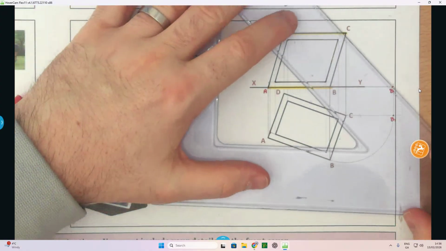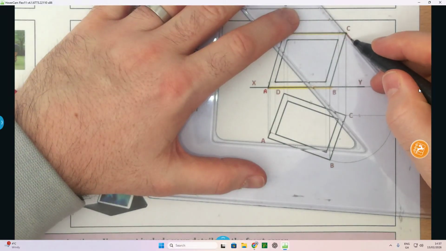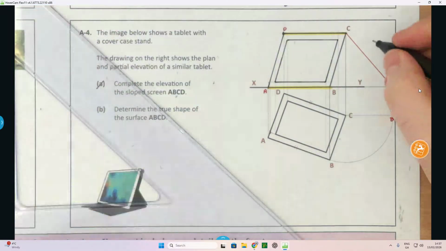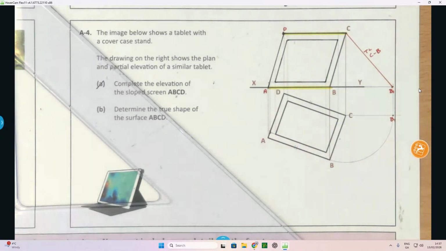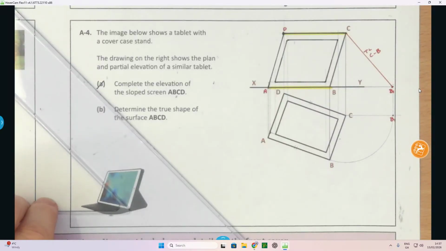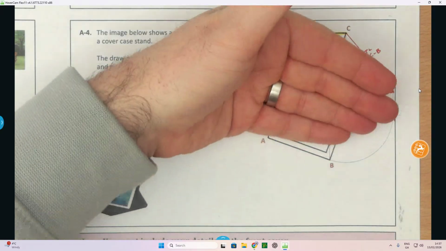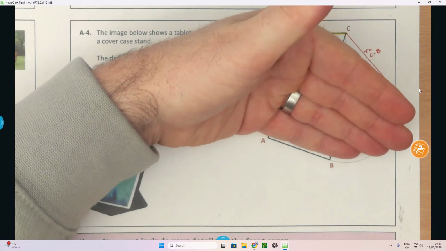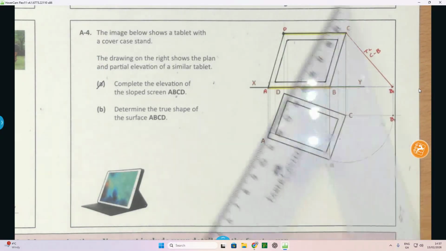I have found the true length between C and B. That length there is the true length C to B. Okay, so I'm after working out what is the true length. Now that I have the true length, essentially if I was to take this surface and flip it over, A and B is on the ground, and flip it over like a hinge, okay, I could find it out here. So if I was just to simply extend those faces out,